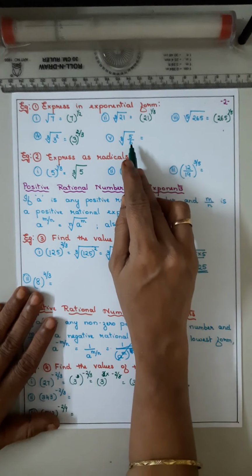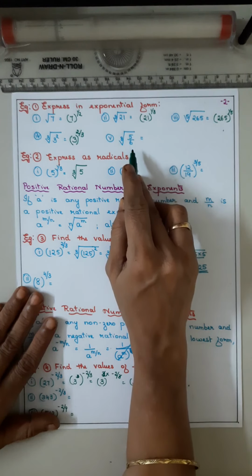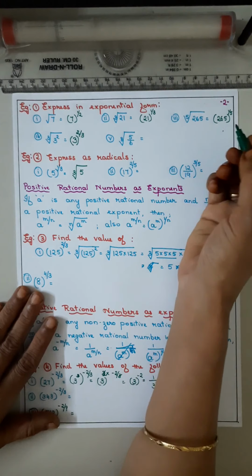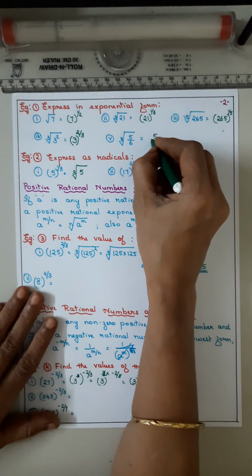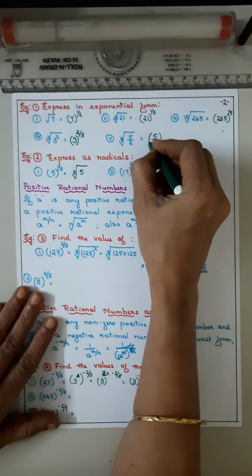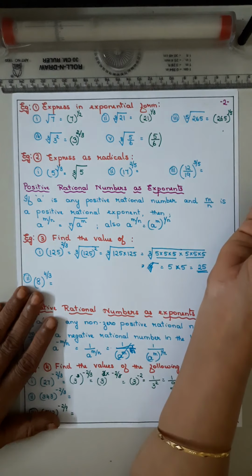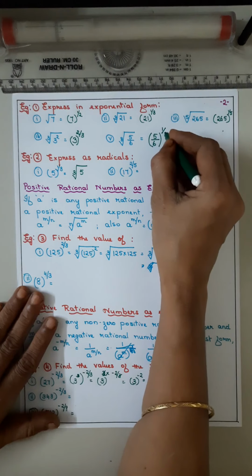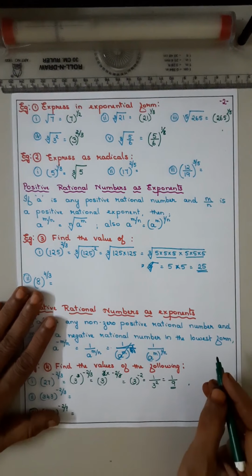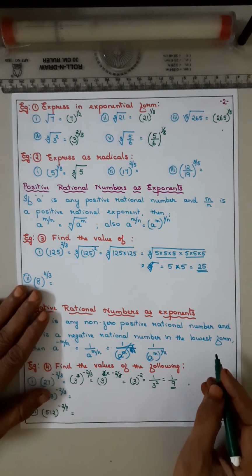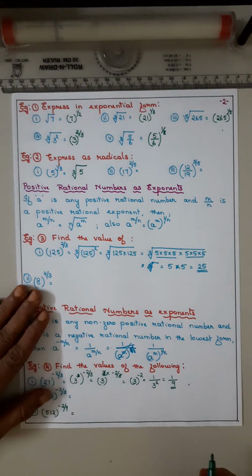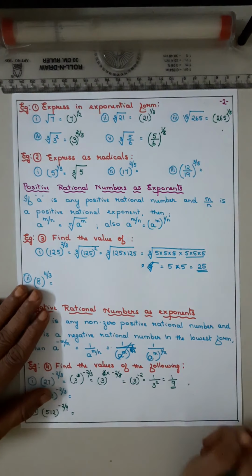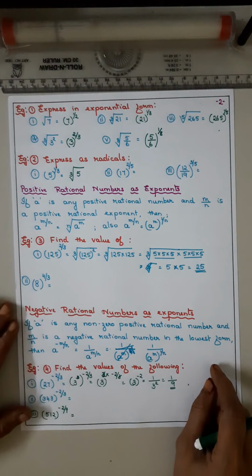Now in this, it is the 8th root of 5 by 6. So 5 by 6 is a rational number. So put the bracket. Now what is the power? 5 by 6 has power 1. Now what is the index? 8. So 5 by 6, the whole power 1 by 8. It is the whole power. If you don't put the bracket, it will be for only the numerator. So you have to put the bracket. So 5 by 6, the whole power 1 by 8.